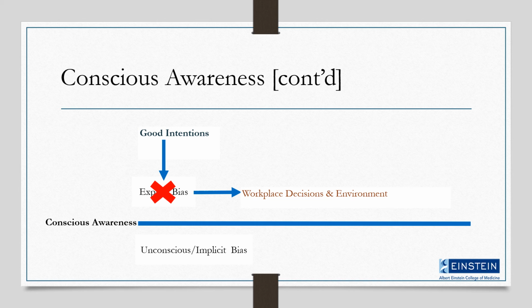We propose to bring awareness to implicit bias, therefore raising it above the blue line into the conscious realm. In Module 2, the goal is to focus on strategies that will help us be aware of when biases are being triggered and how we can minimize its influence and increase good intentions.